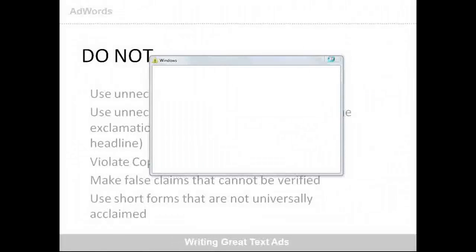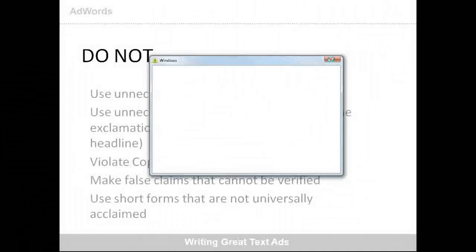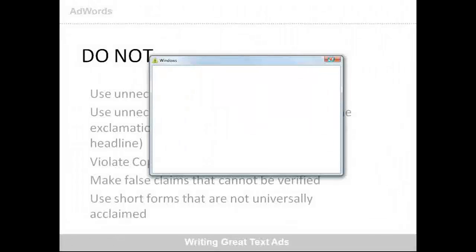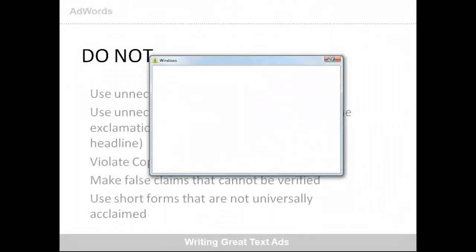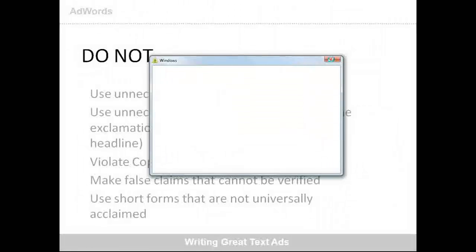You can intercapitalize, that is allowed, but unnecessarily saying something like CLICK HERE definitely gets disapproved. Then you have unnecessary punctuation: putting an exclamation mark in the headline, or putting more than one, is not allowed. Violating copyright and TM policy, saying something like Birla Sun Life Insurance is much better than SBI and LIC, is going to get disapproved for trademark policies. You can't really use competition names in your text ads. You can use them in keywords, but you can't use them in your ad text.